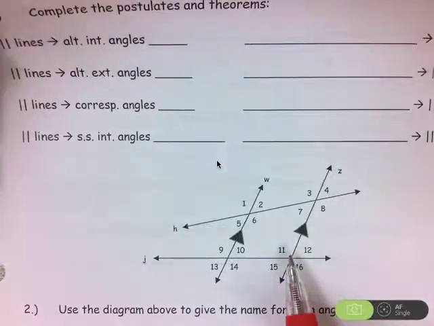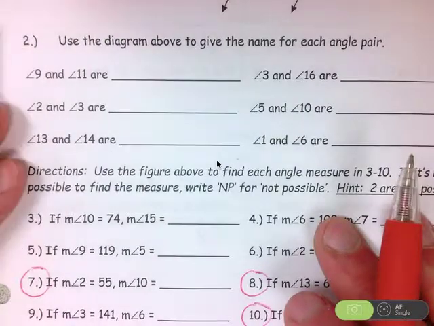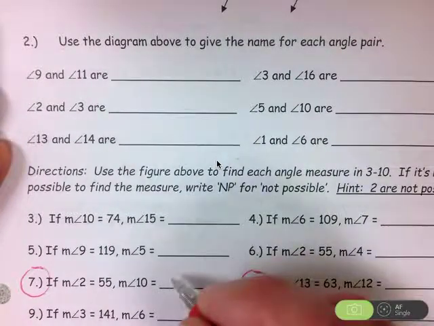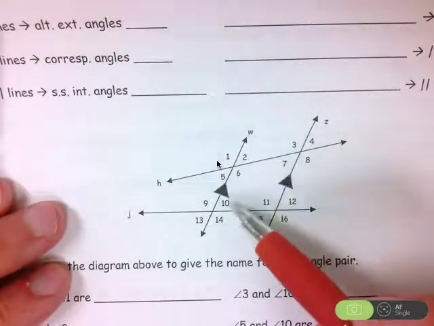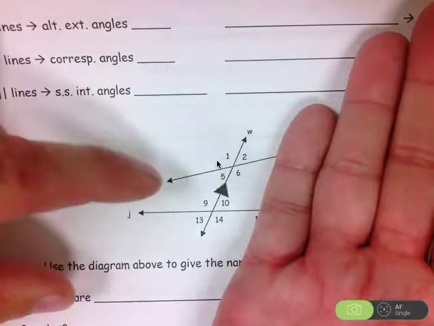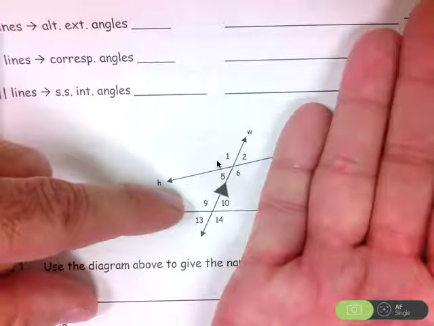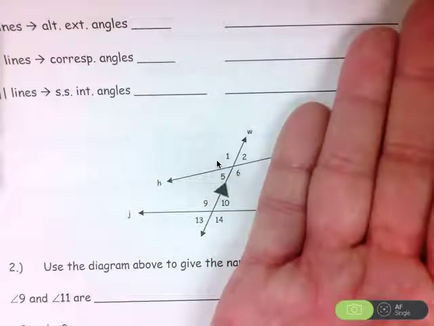based on this diagram. In question number 7, it says, if the measure of angle 2 is 55, what is the measure of angle 10? And that's not possible. The reason it's not possible to make a conclusion there, take a look. I know that 2 and 10 are corresponding angles, but look, H and J are not parallel. So because H and J are not parallel, even though angle 2 is 55, I don't know that angle 10 will be 55. You have to know that you have parallel lines before you can say that the corresponding angles